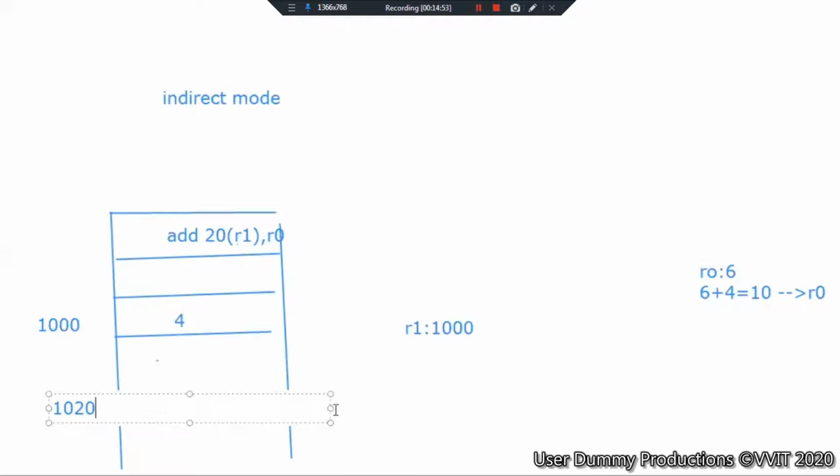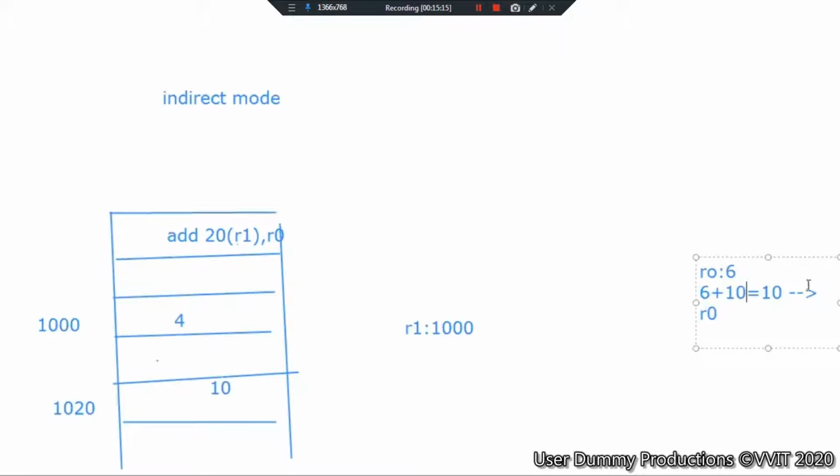So in location 1020, your operand is there. It will go to 1020 and fetch your operand. Suppose 10 is there in 1020. So 10 will be added with 6 and give 16, because the R0 value is 6. Effective address is 1020. What is the content of 1020? 10.